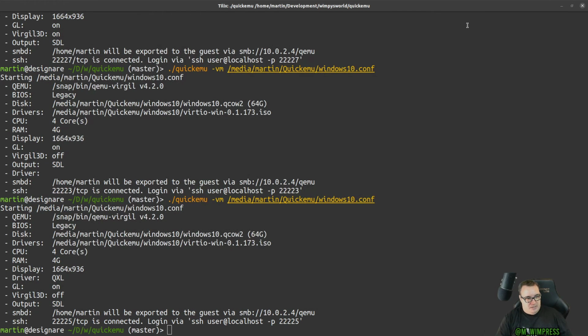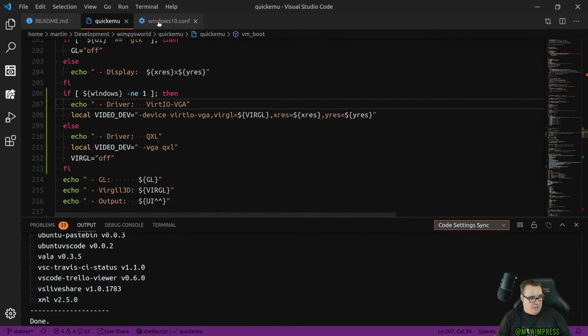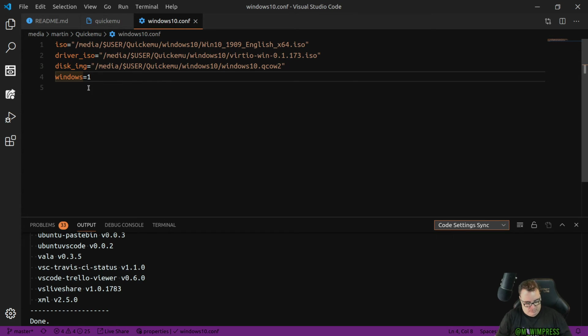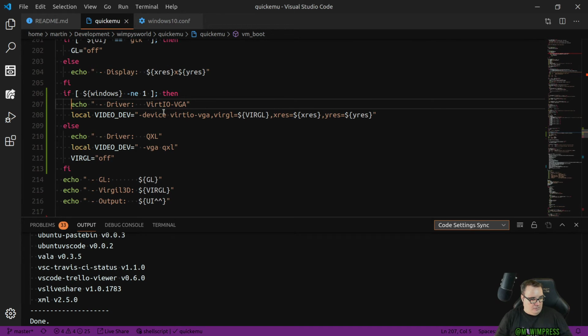So I hacked a couple of bits together. I cowboyed some things in, and I'm just going to go and clean this up. So what I think we should have here is a video DRV thing, which we set to QXL. I think it's an attribute that you associate with the virtual machine. So I think we should do that. And then we don't need to do any of this stuff here. We can just do